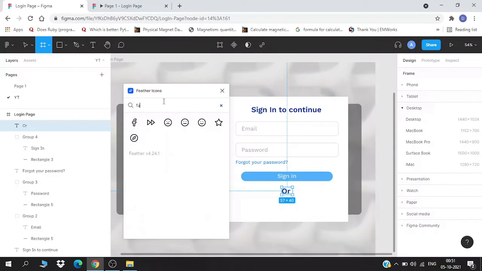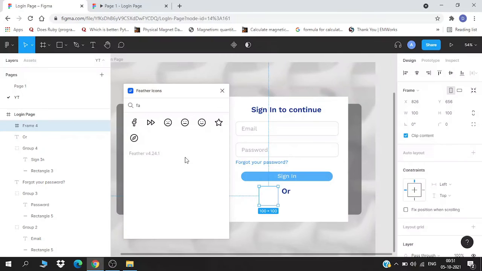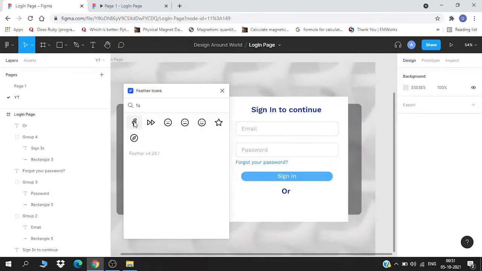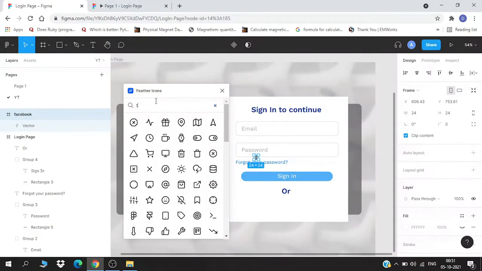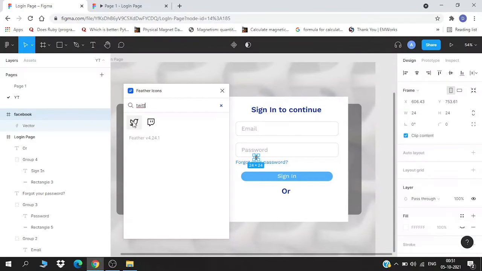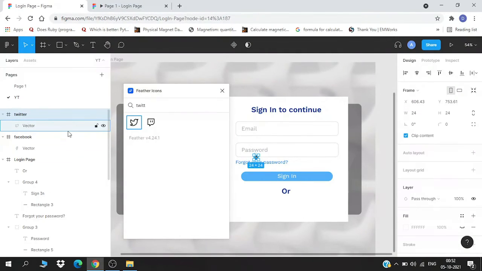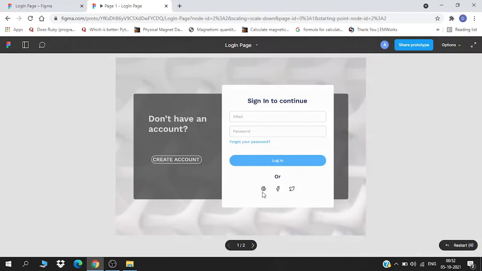Oh, there it is. Delete this one. So we have our Facebook, then Twitter. Oh, it is overlapped on that. And let's see if it has one for Google. Okay, it doesn't have this one for Google.